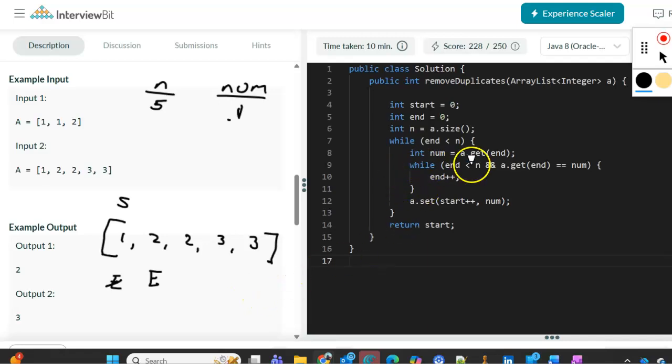Okay, so increment it, and now it's here. Still in the while loop, end is less than n. Is get end equal to num? No, it isn't. The reason for this while loop is really just to bypass duplicates. Okay, so 1, 2, no duplicate there. So we'll drop out of the while loop, and we'll set at start, which